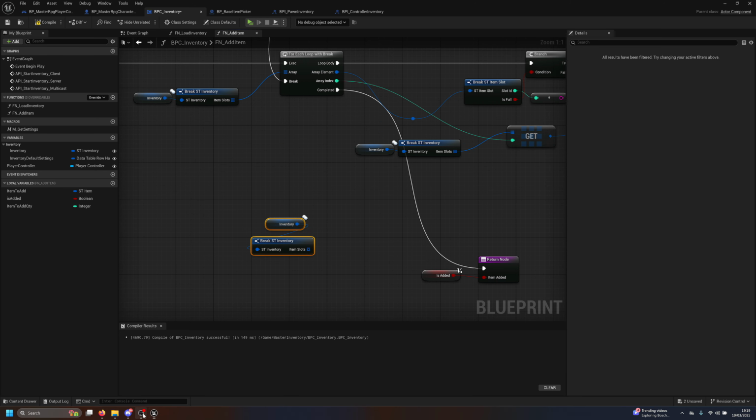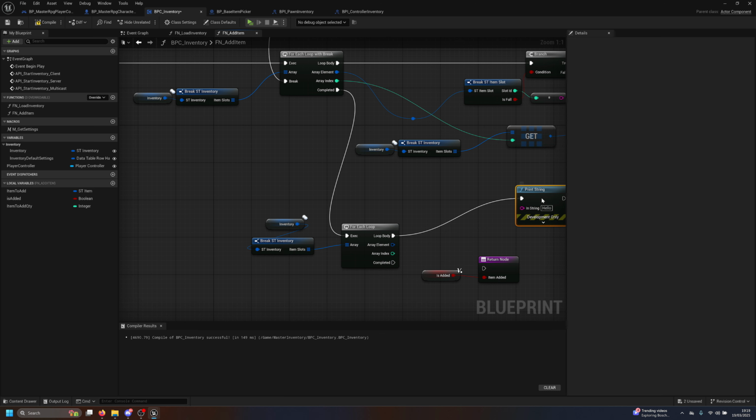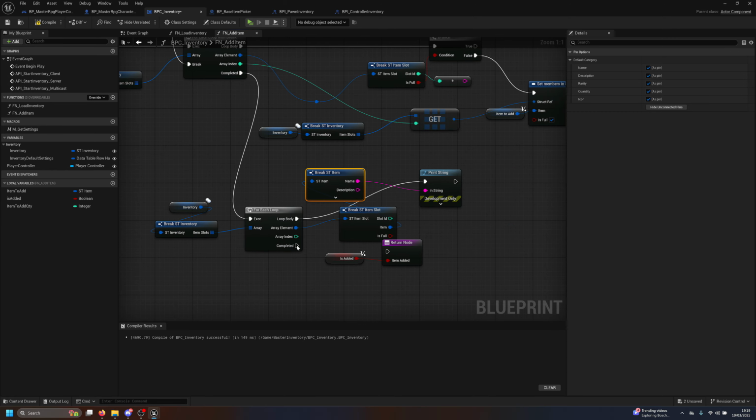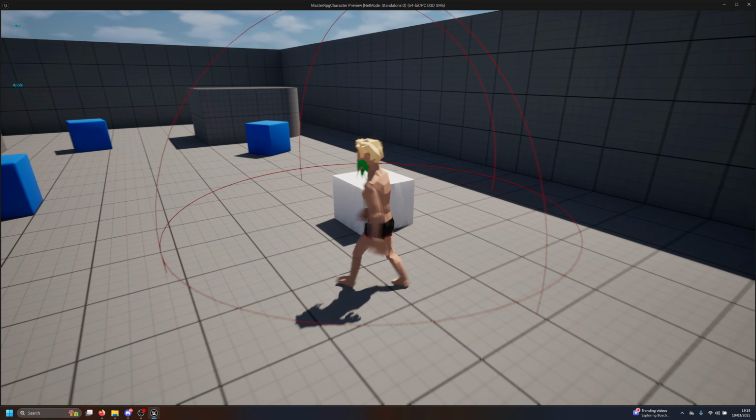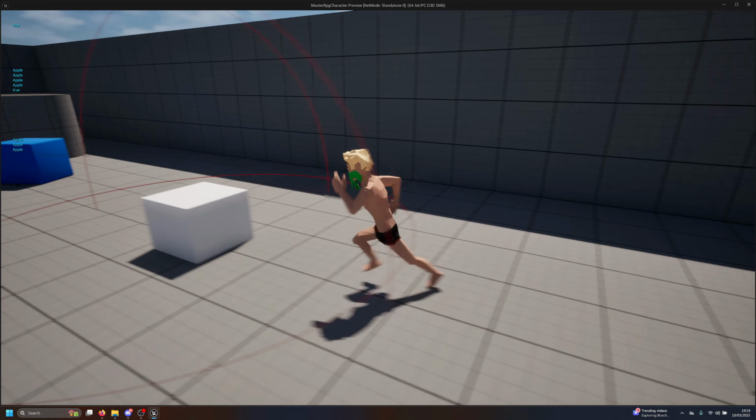Just so things don't get too long, what I'm going to do here is just going to do a for each, get the item here, and do a print. And the same thing I was trying to do before, right? So I'm just going to break this, break the item. You don't have to do this. I just want to show you guys how this thing is actually working. So right now, if I go back, I get 1 item, 2 apples, 3 apples, 4 apples, and